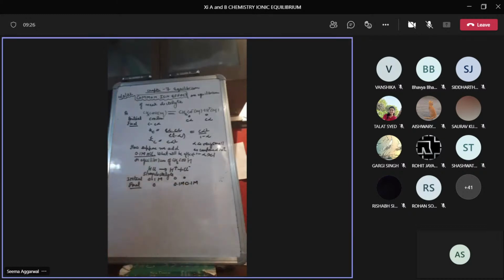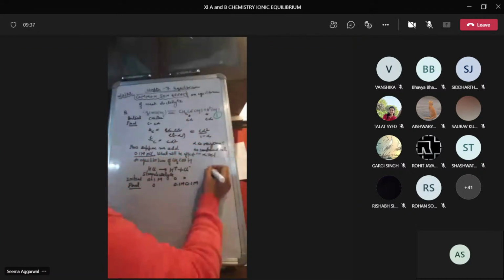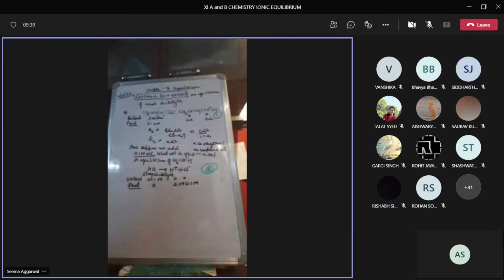Okay. Now in the question, what I am taking is acetic acid and I am adding HCl to it. So what is the effect of H plus ions or HCl on the acetic acid? Now, the concentration of H plus ions increases, yes or no? So if I am taking acetic acid,